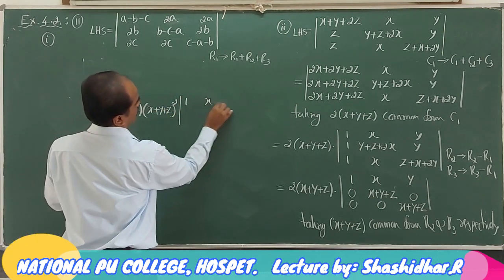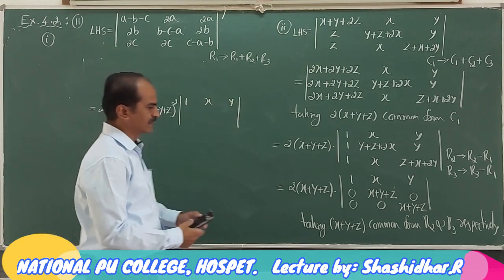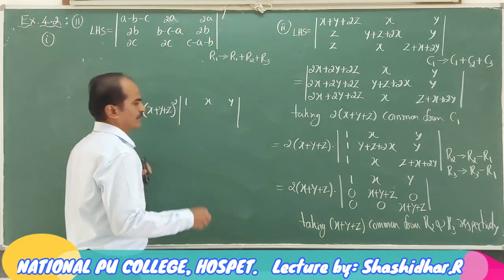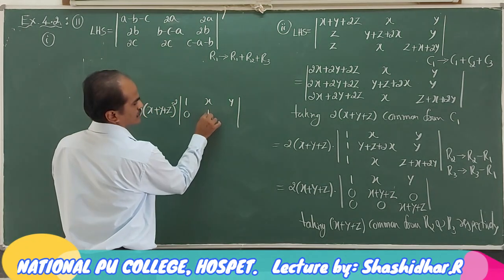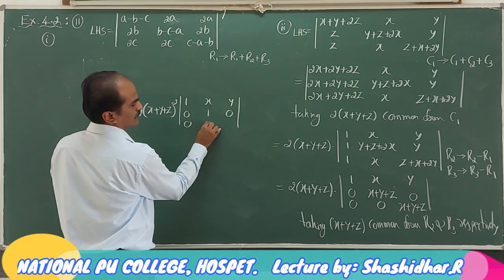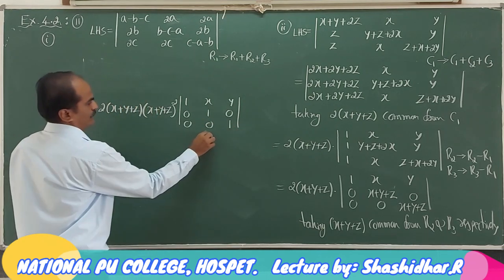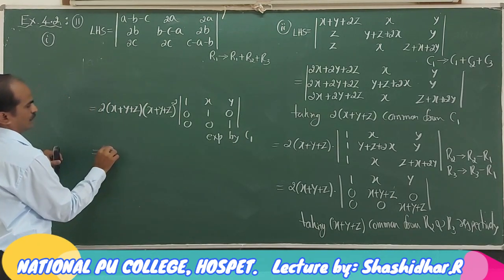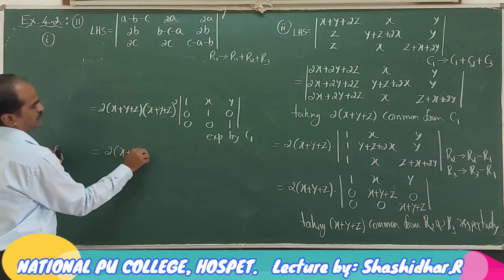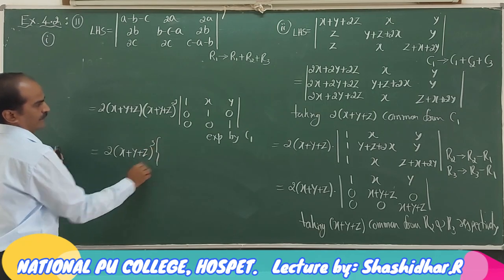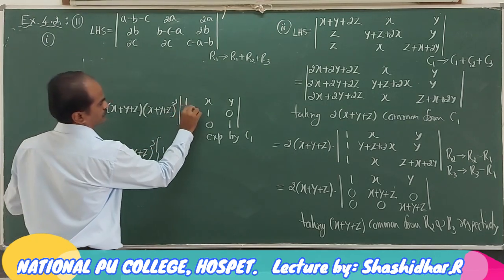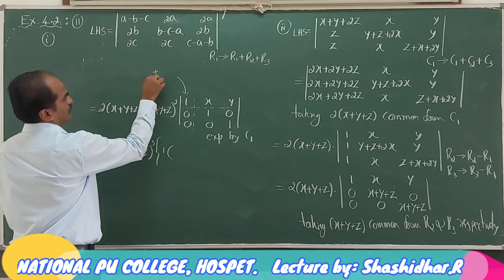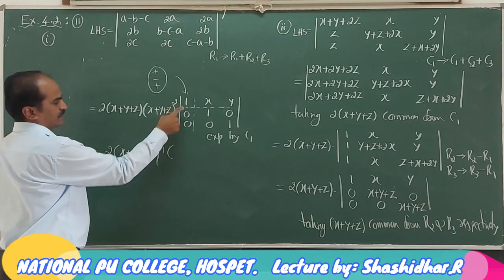First row 1, x, y. When you are taking common from rows, you write the elements row wise. Then in the second row 0, 1, 0. Third row 0, 0, 1. Now expanding by C1, it is 2 times x plus y plus z whole cube into 1 into